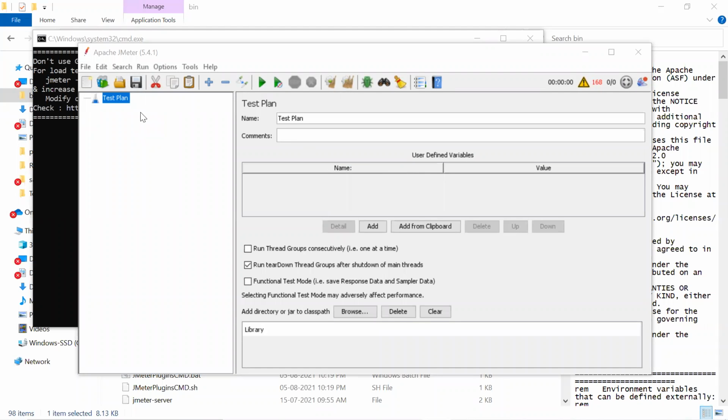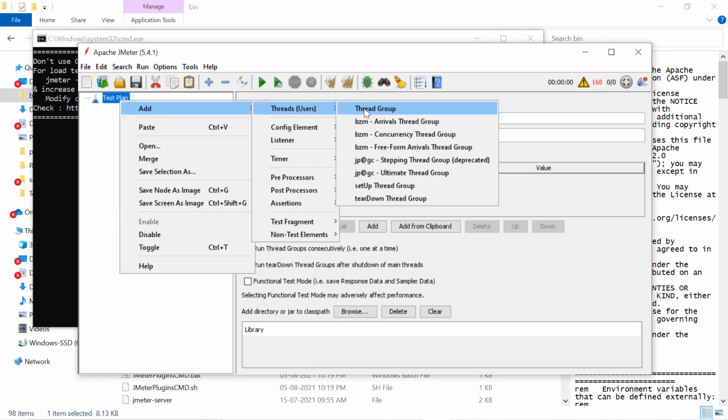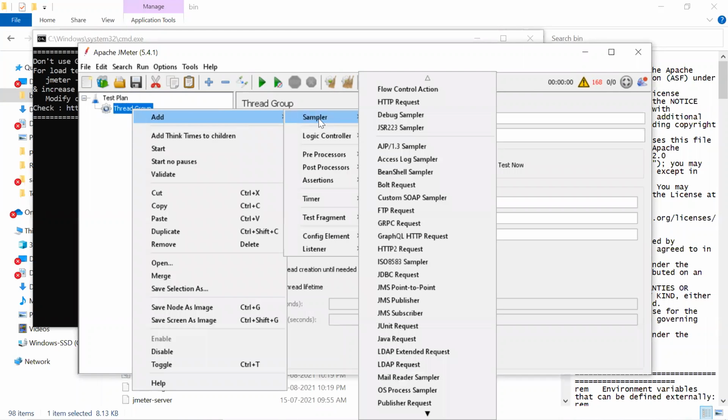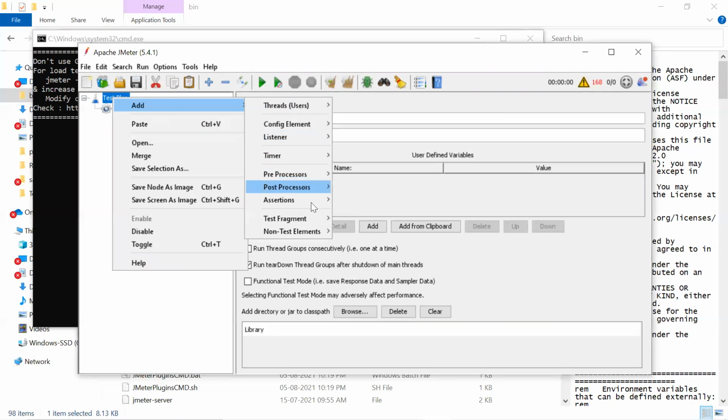Okay. So as I mentioned, the test plan is the basic and single component if you open any JMeter instance, and to run the script or to add the main sampler, we need that thread group. That's important. So how do we add a thread group? Test plan, right click, add threads, thread group. Then only can we add a sampler, which is the protocol. It could be any protocol. Whereas if you right click on test plan, you can't add a sampler, you can't see it here.